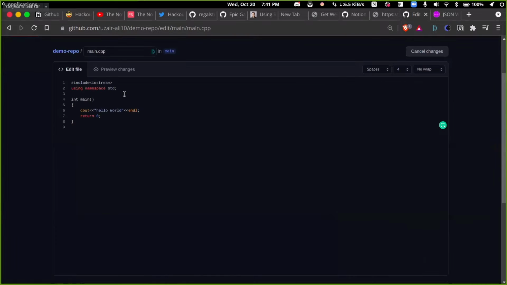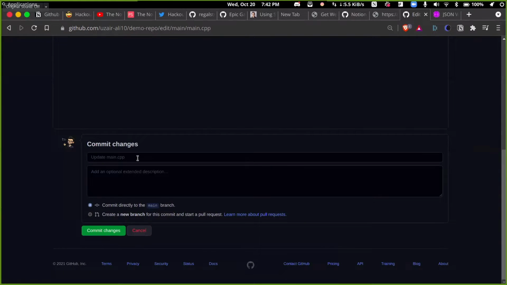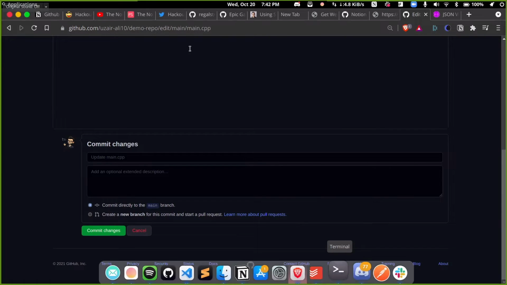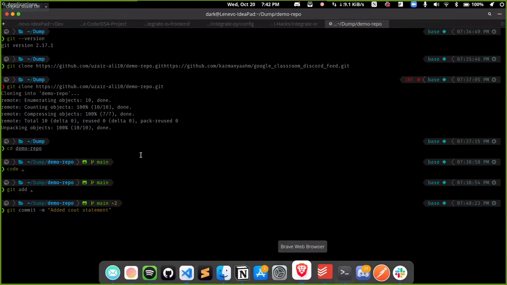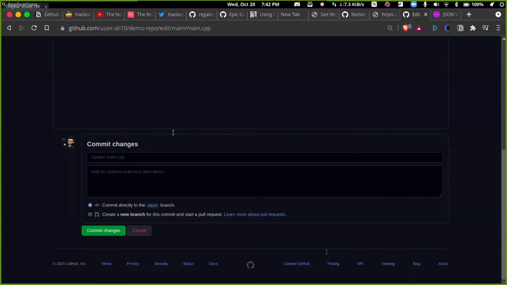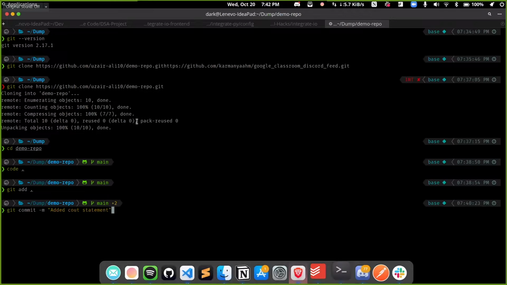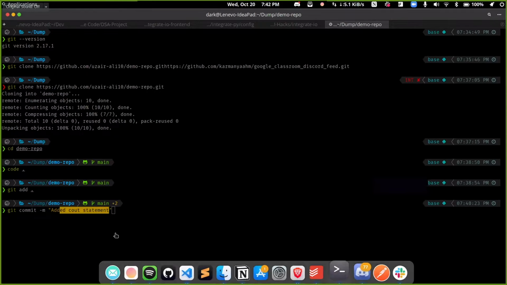What I'm doing in the local repository is writing this cout hello world and then committing changes. Committing changes can be done by this command, git commit -m. M stands for message, and the message you type here, like added cout statement, is equivalent to writing added cout statement over here and making a commit.